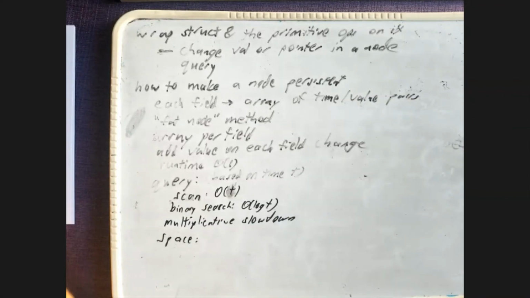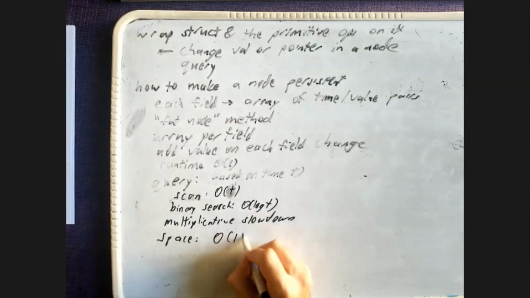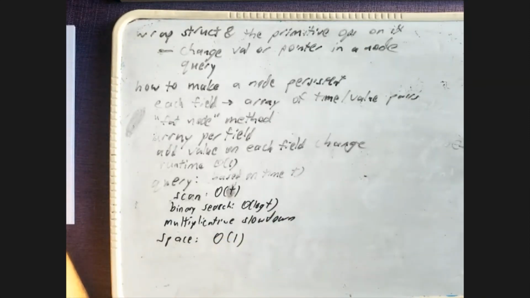Constant. Right. So each time we make a change to a node, we have to grow an array by 1. Now I'm going to leave it to you to figure out that you can't just keep growing arrays. They'll run into other things. And so you have to think about allocating more space in powers of 2 and moving things around to keep it large. But that is a very simple analysis to show that in an amortized sense, you can keep the time per modification and the space per modification constant, and pay this log t slowdown in